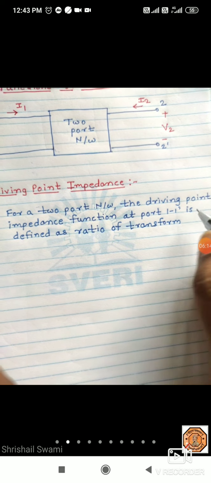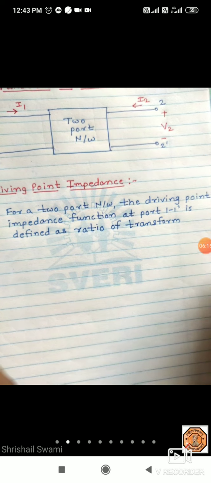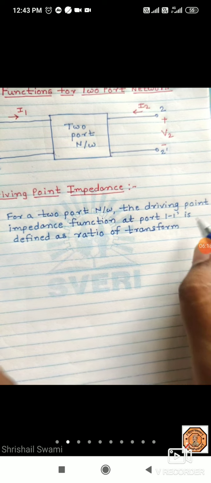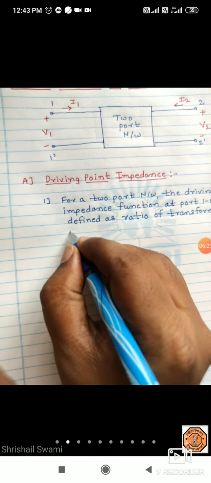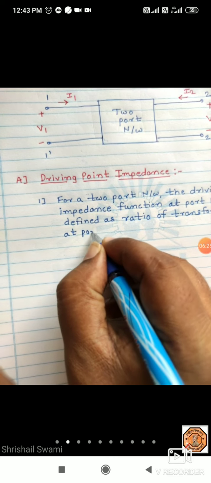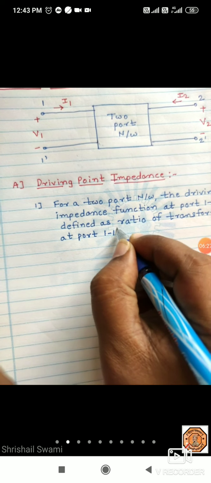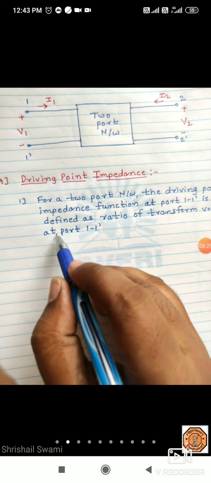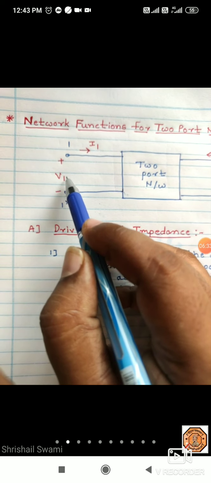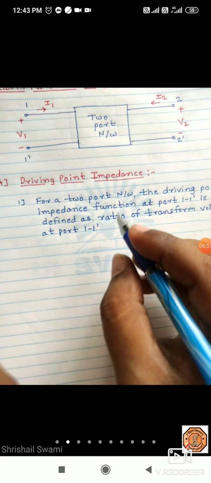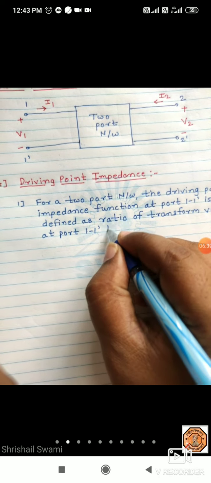ट्रान्सफॉर्म म्हणजेच लॅपलास ट्रान्सफॉर्म मध्ये कन्वर्ट केलेलं टाइम डोमेन टू एस डोमेन, that is called transform voltage. Transform voltage at port 1 dash. What is the meaning of this transform voltage at port 1 dash? मग 1 dash ला कुठलं व्होल्टेज आहे V1. मग ट्रान्सफॉर्म व्होल्टेज म्हणजेच काय V1 ऑफ S. Okay, ratio of transform voltage at port 1 dash to